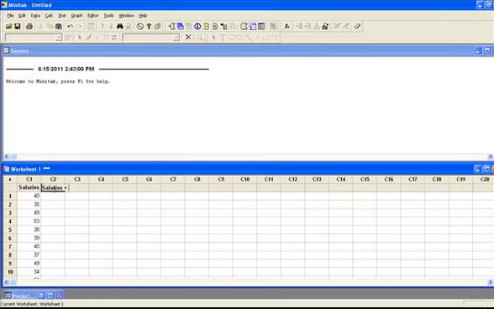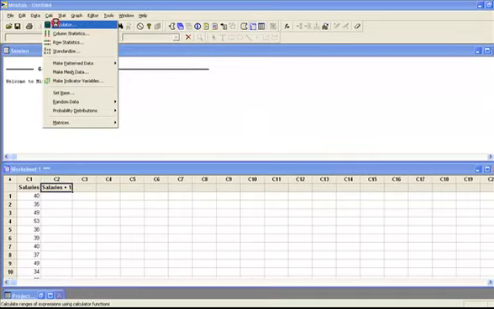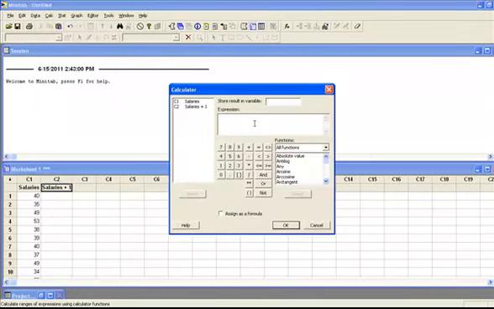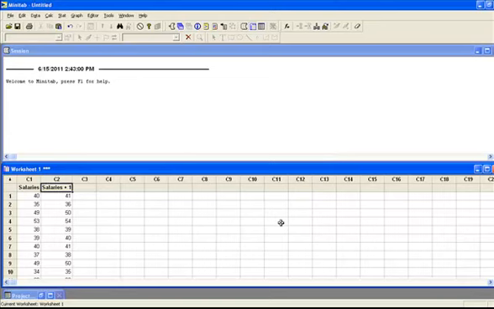salaries plus 1. Okay, and then I'm going to go up to Calc, and my first choice is Calculator, and I'm going to store the result in C2, and I want my expression to be C1 or salaries, so I double click on C1, and then you'll notice down here you'll have a calculator, and I want to go plus 1 and click on OK,